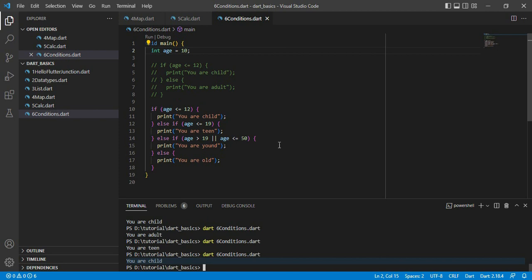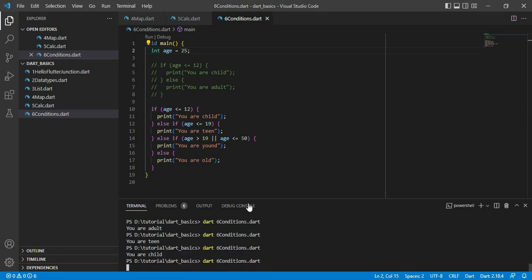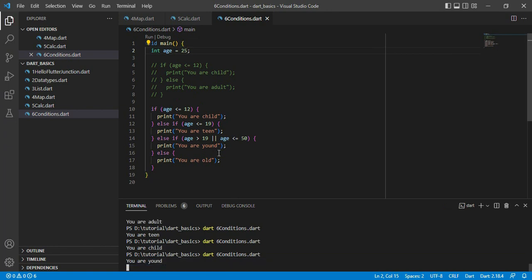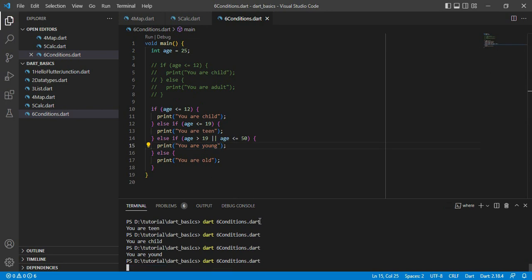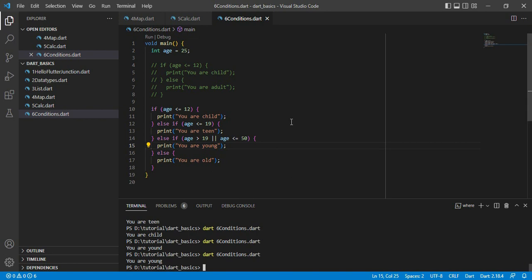And similarly if we change it to 25, let's say, and run again, it became you are young. Okay, because our age 25 is greater than 19 and it is less than 50, so we got this result,